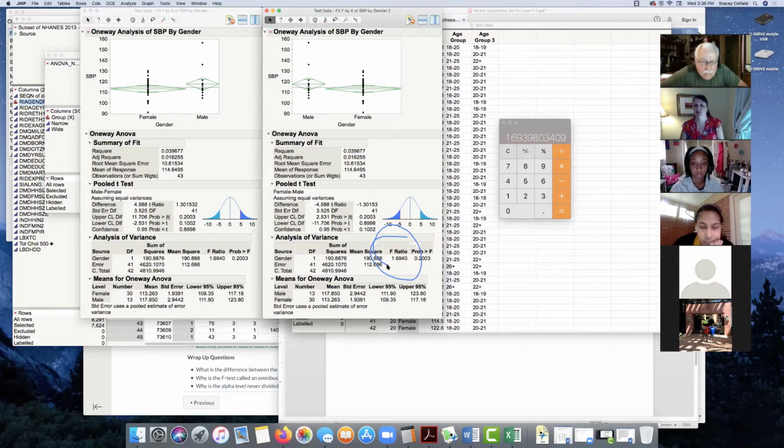Square a t and it's your F when you only have two groups. That's why it's a two-sided test. It takes this part and puts it over on that side, just makes it all positive. So when you have two groups, square your t value, you'll get your F value. And that goes back to the first question that we had about F is always positive. Neat things about distributions. Thank you.